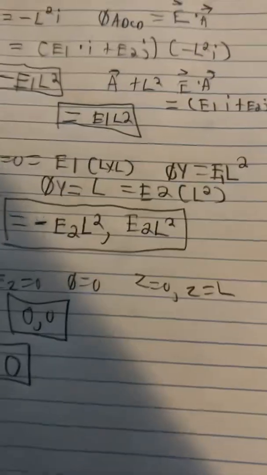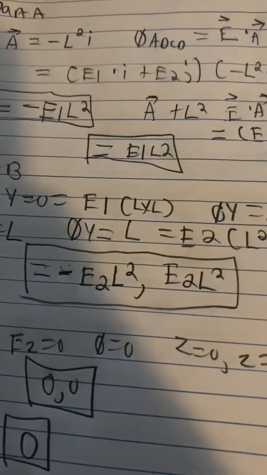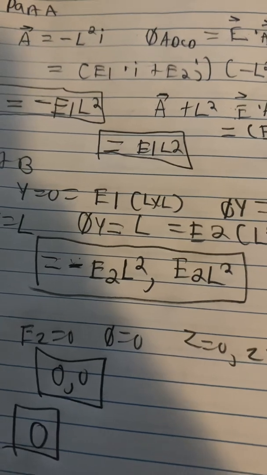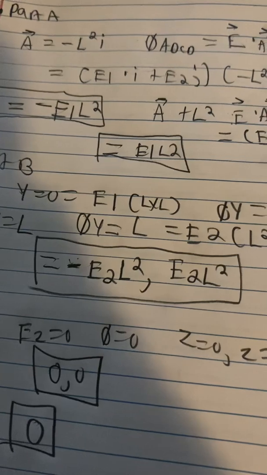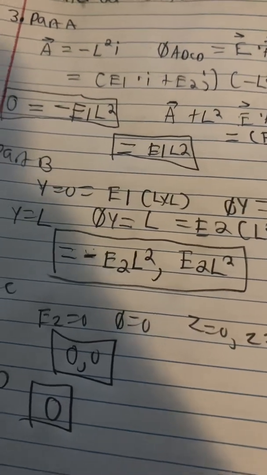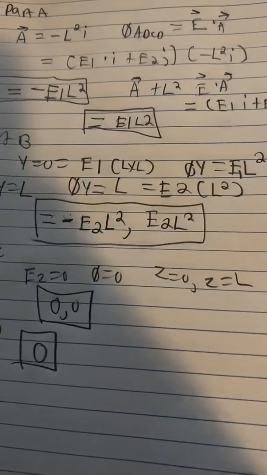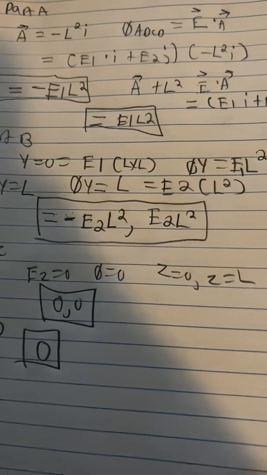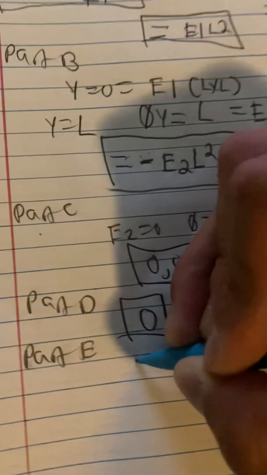Part E, a point charge Q is at the point x equals 0, y equals 0, z equals 0. An imaginary hemispherical surface is made by starting with a spherical surface of radius r, centered on the point x equals 0, y equals 0, z equals 0, and cutting off the half in the region z less than 0. The normal to this surface points out of the hemisphere, away from the center. Calculate the electric flux through the hemisphere for Q equals 6 nanocoulombs and r equals 0.100 meters. For this one, all we have to do is